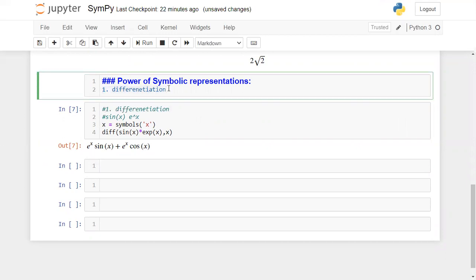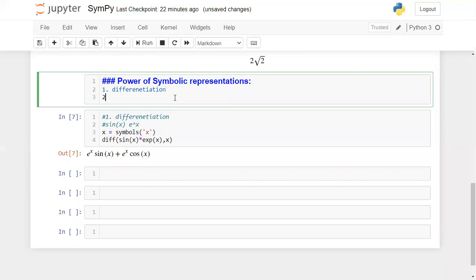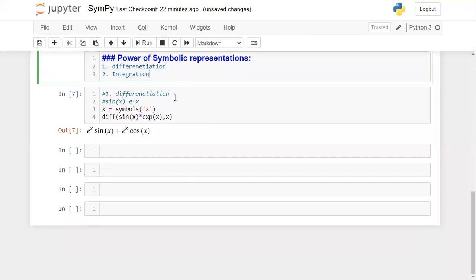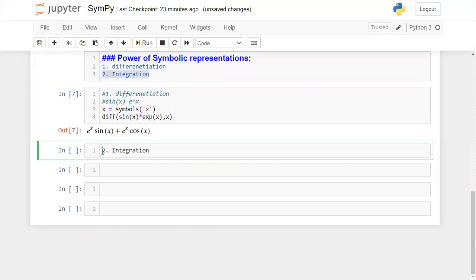And you can use this SymPy package for finding integrals also, like integrations. Whenever you want to perform integration on any function, you can go with this SymPy package. Now the next one is we are going to find integration. Look at the screen once.